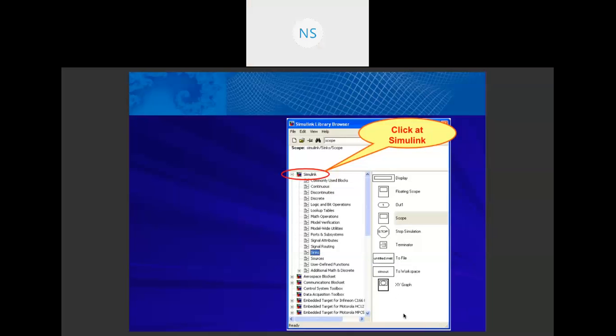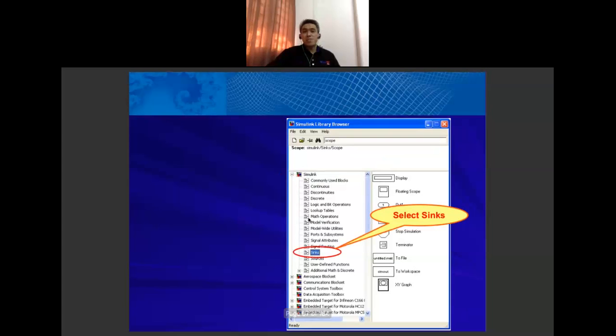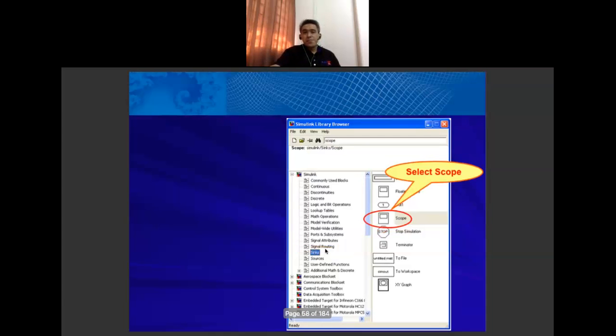So how to find the scope? Go to the Simulink Library Browser, then click at Simulink. Then you select Sinks. Once you select Sinks, the scope and others will appear.